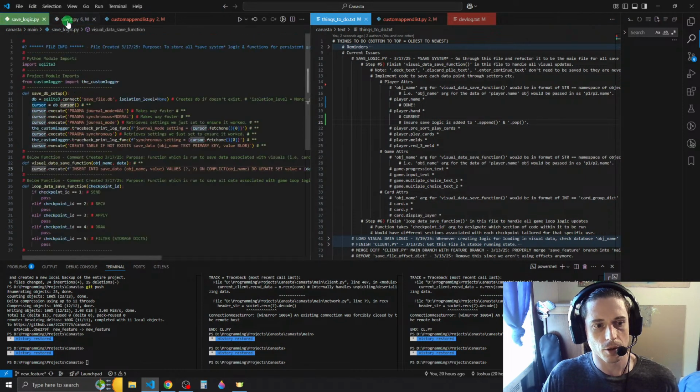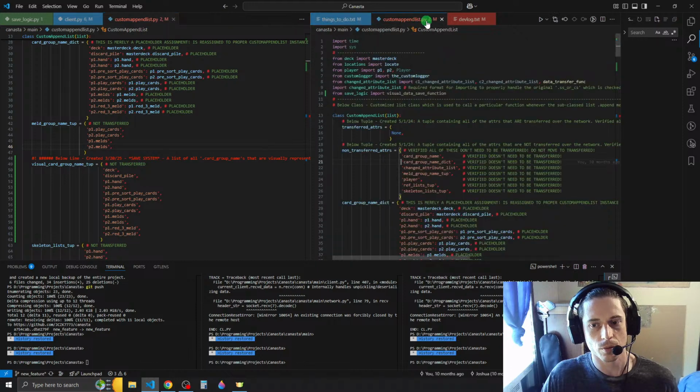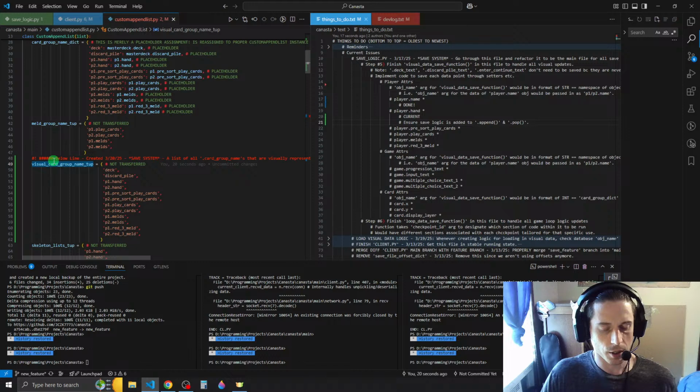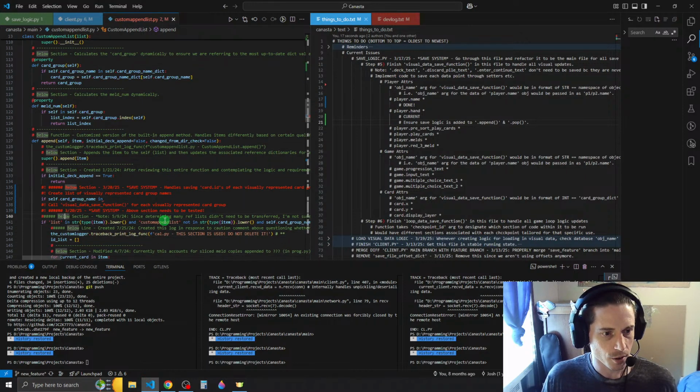Now if we go back over here, let's see where we're at. Custom append list. Why do we have this open in 2 places? Not sure. Alright, so now we can go ahead and go back. Do we have a bookmark? I don't think we forgot. It's line 122. Nope, that's not it either. It's a little lower. Here it is. Okay, so